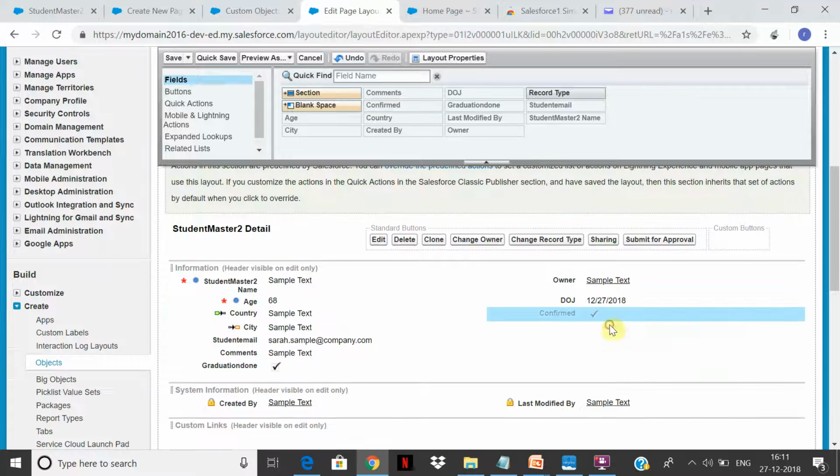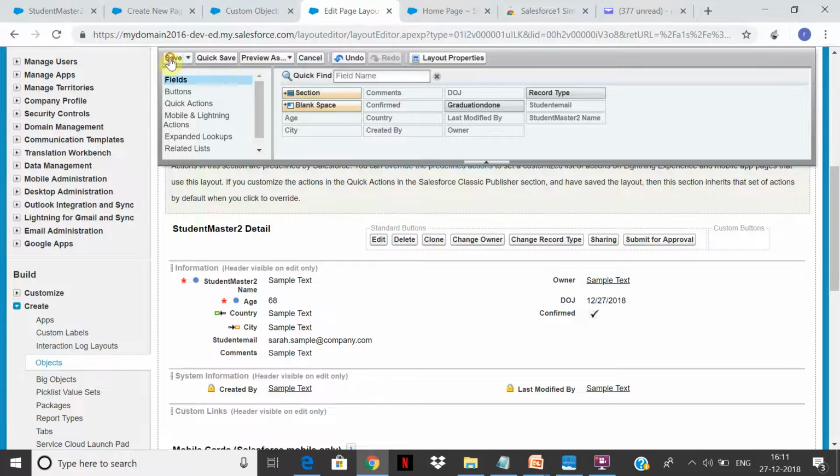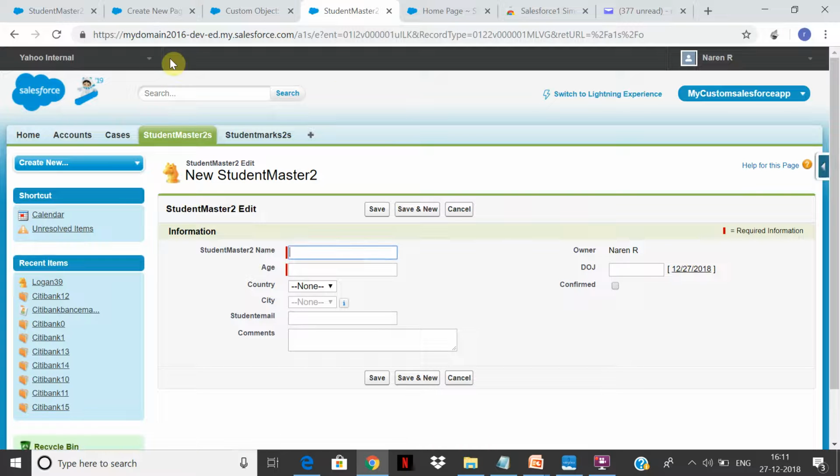Okay, I moved the wrong field. I'm sorry. I'm going to remove the graduation done, and I'm going to save this. So now it should work. Correct. So now the graduation done is gone for the